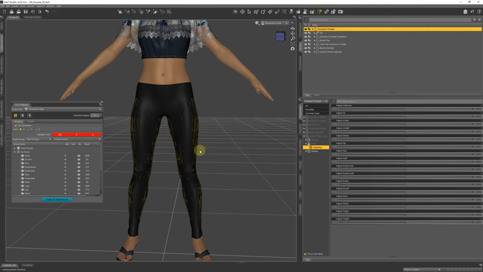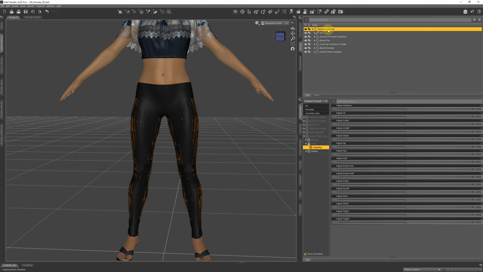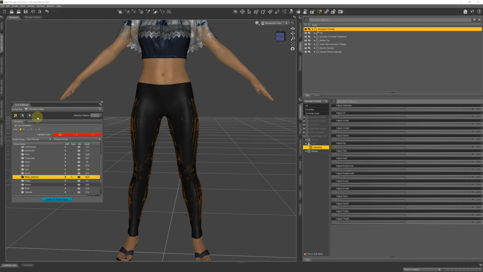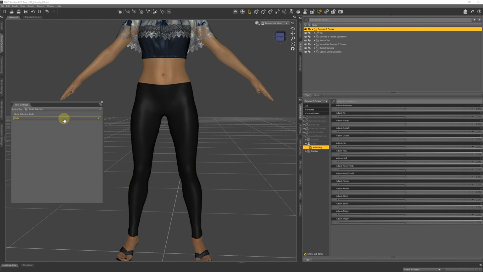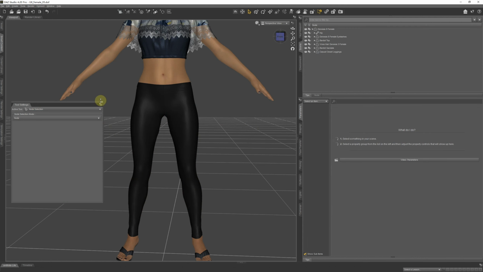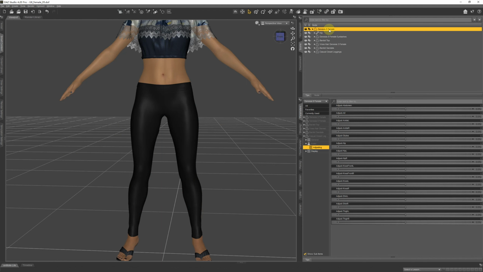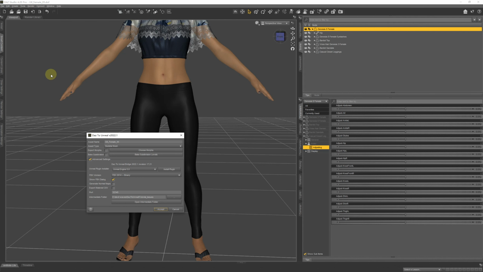The surfaces will be given a transparent material, whose name ends with No Draw, when you send to Unreal. Now let's send to Unreal.